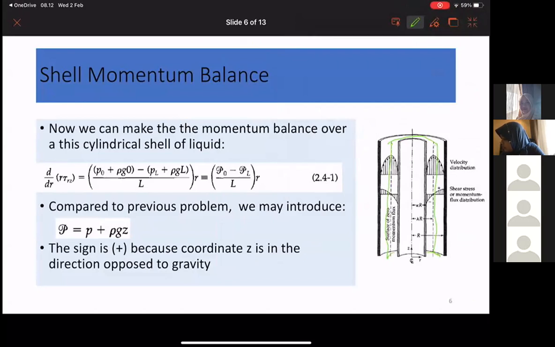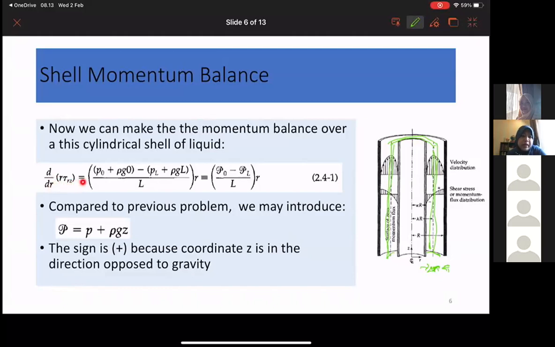Yeah, a very, very thin line of shell. Okay, and then also the delta r. Because we make a similar momentum balance like previously, like in the cylindrical falling in the cylindrical tube, it is also the same. So then we can just go forward with that, and then find the d over dr of r tau rz